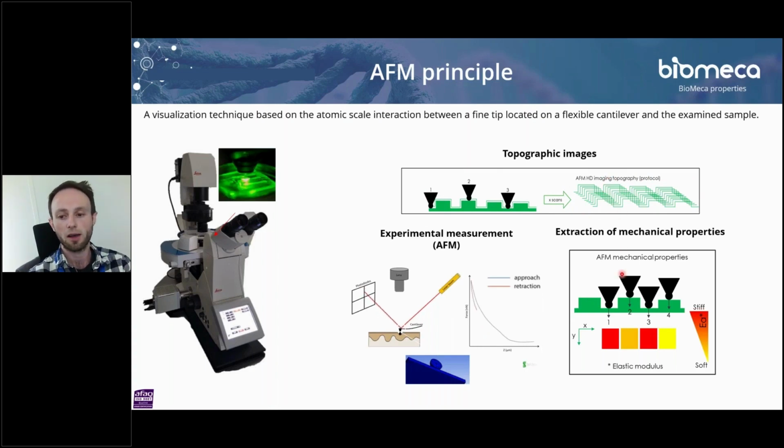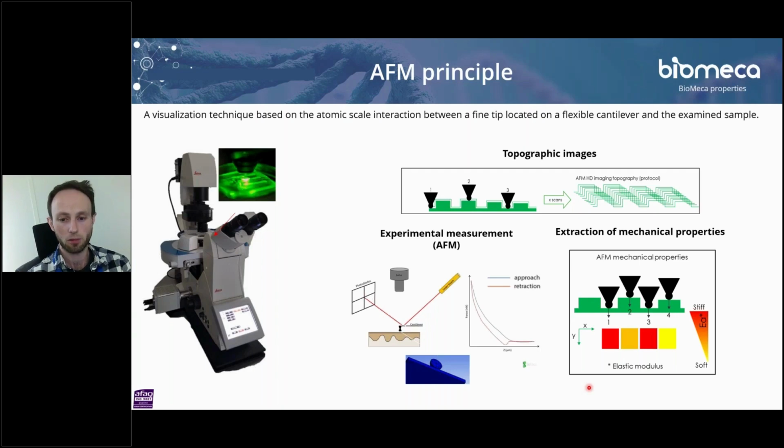We can also determine mechanical properties such as the stiffness of a sample by locally indenting the sample at different areas,